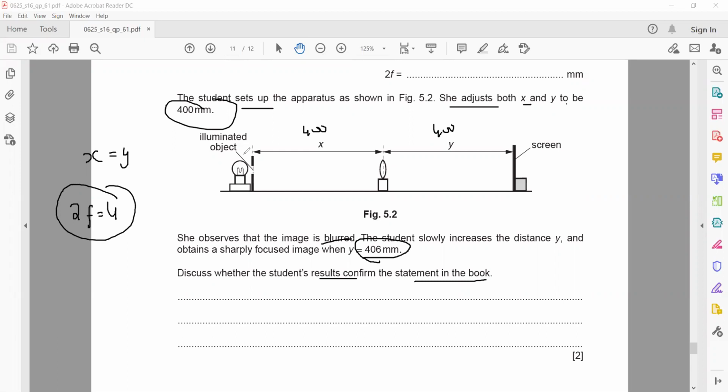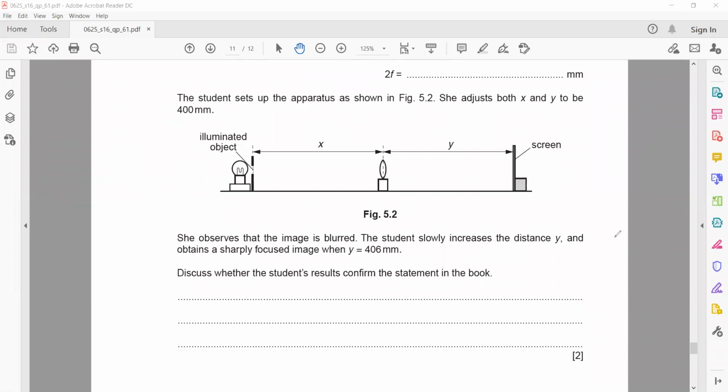So basically, to know whether x and y are equal, the value of x is 400 but the value of y is 406. Are these values equal? Is 400 equal to 406? I want to compare. No. So to compare, I will calculate the percentage difference. When comparing two values, it is maximum minus minimum divided by mean, times 100. The maximum value is 406. The minimum value is 400. The mean of 406 and 400 is 403, times 100. What is the answer?